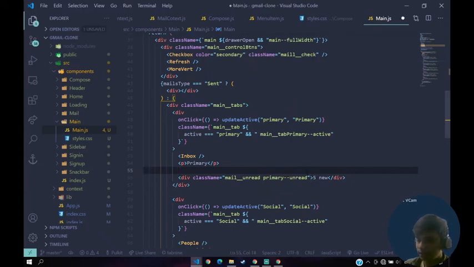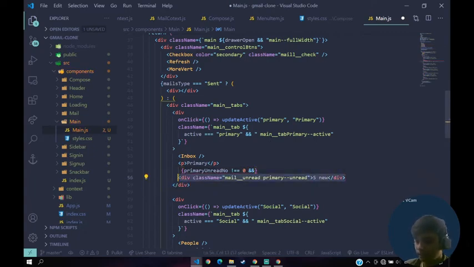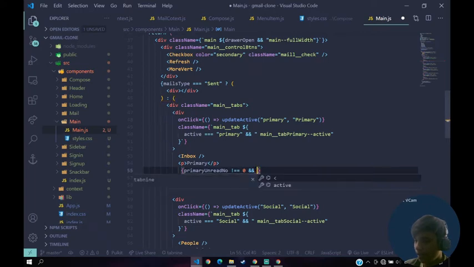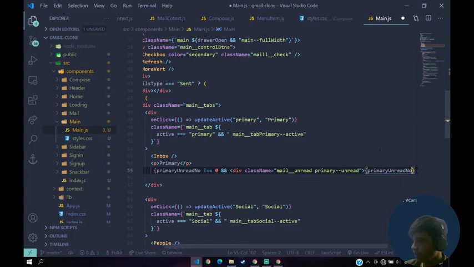So what we'll say is primary 100 number, if it is not equal to 0, then only we have to show this thing, right? And the 5, it won't be 5 here, it will be primary 100 number. Instead of being 5, we'll say primary 100 number here.